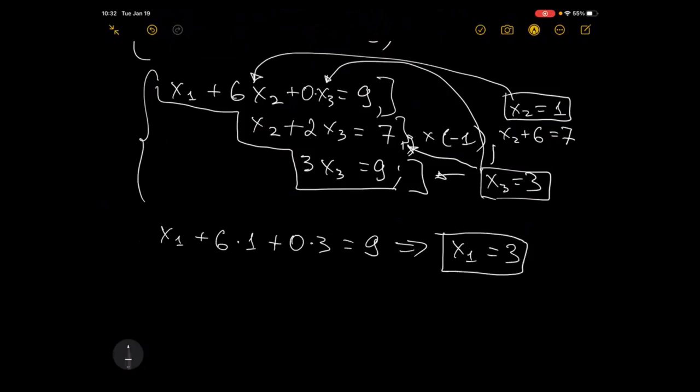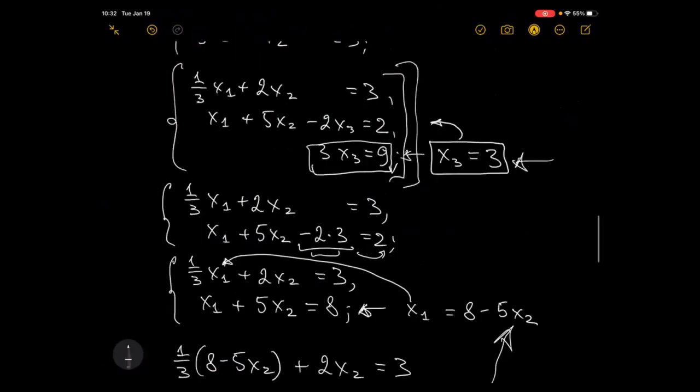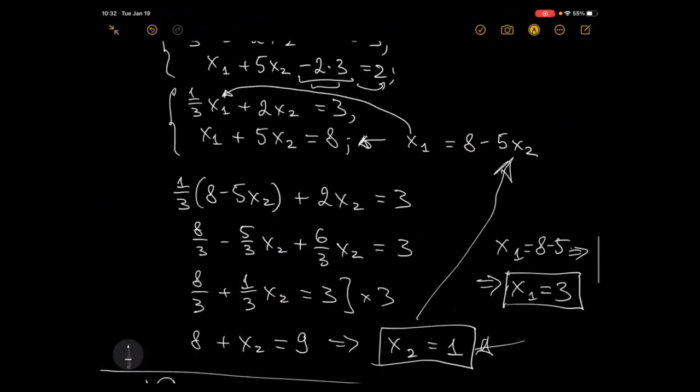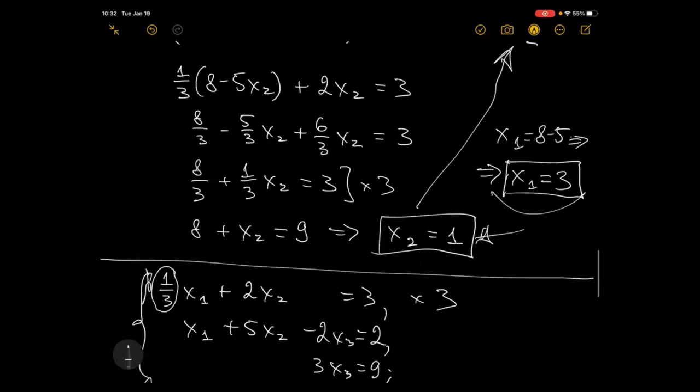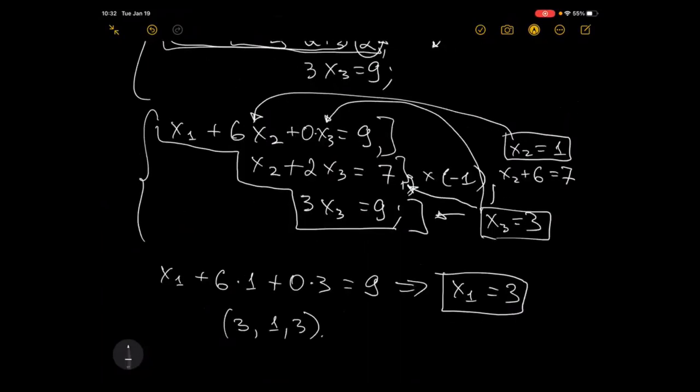So once again, we got a solution 3, 1, 3. Exactly the one which we had before, right? You remember this, and that. But what is important, that if you brought your system in this form,